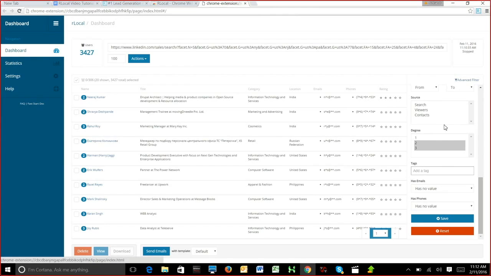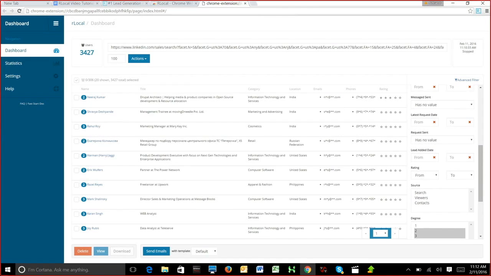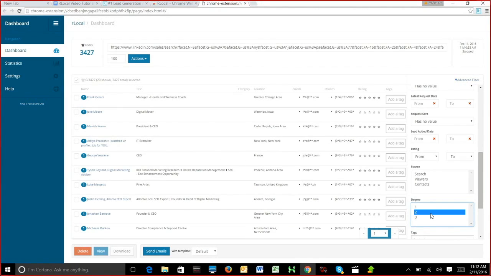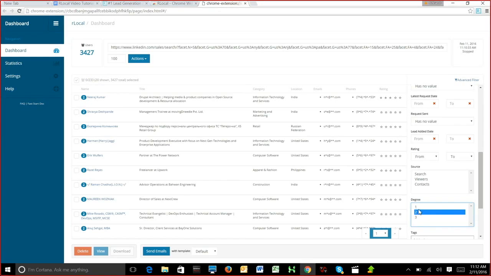And when you go inside the advanced filter, you can search for them based on how many stars. And we have that here, the ratings. That'll pull up all of your leads that you count as higher priority than just a basic lead. Hope that makes sense. So you would click on your second degree right here within degree, and now you can